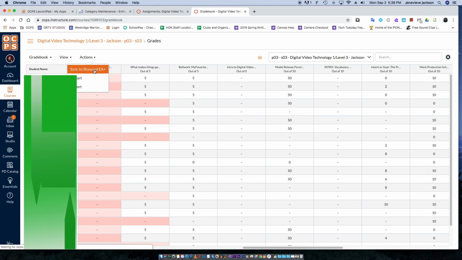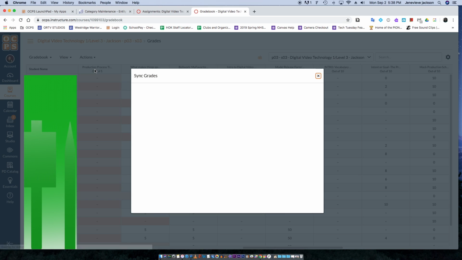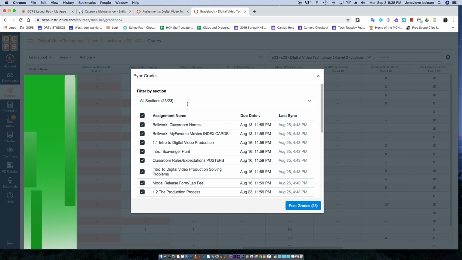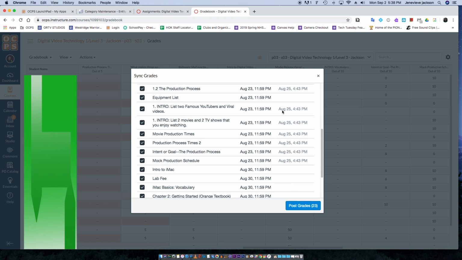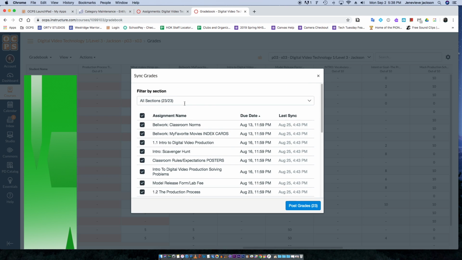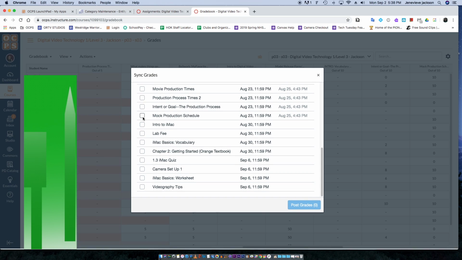to Skyward EA Plus. And then it's going to load up all the assignments it wants you to sync. It's going to have all of them checked, including the ones that you have already synced. So you see in the past here on this side, I've already synced those assignments. So what's going to happen is I'm going to uncheck and I'm only going to allow it to sync